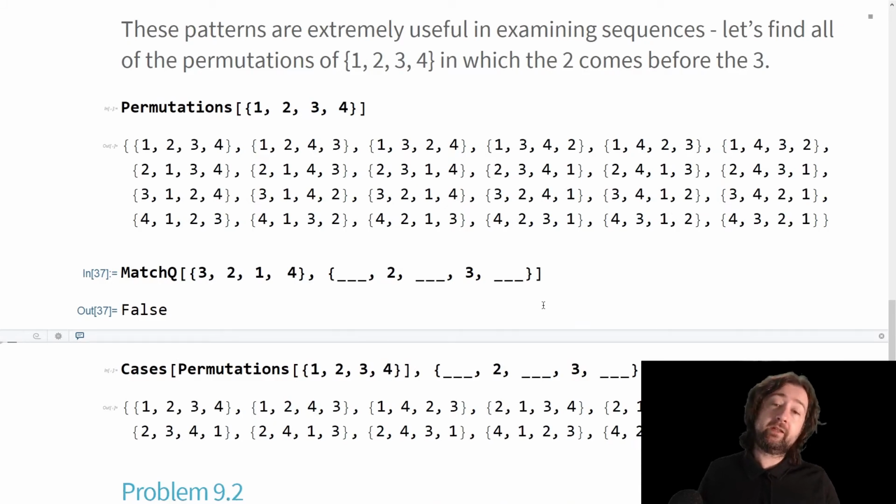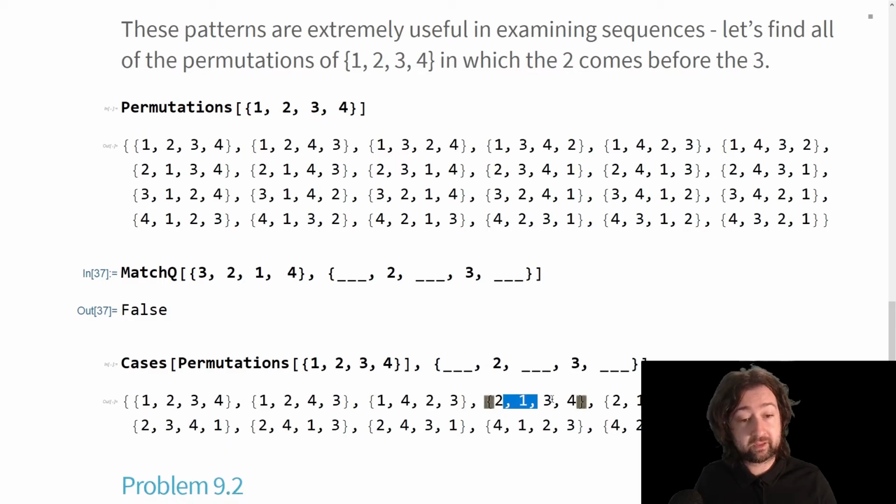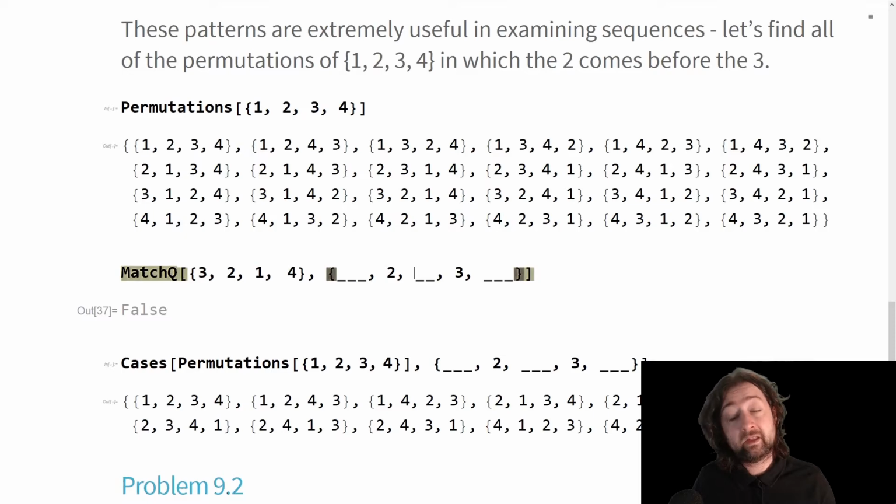So if we apply this pattern match using cases to our list of permutations, you can see that precisely what we get out the other side is what we were after. In every one of these permutations, 2 occurs before 3, and it doesn't matter where in the list the 2 and the 3 occur, and it doesn't matter if there's things in between them or not. If instead I had required that something be between the 2 and the 3,